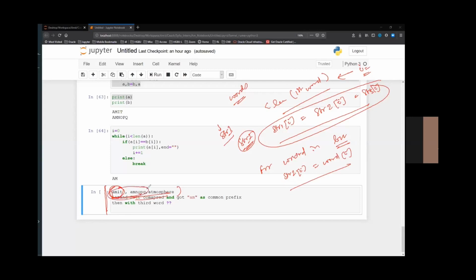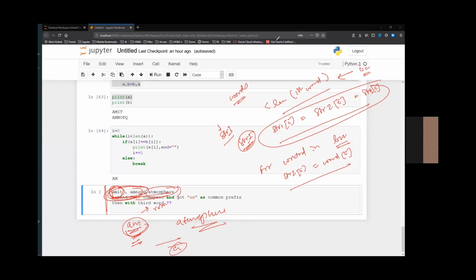There will be some common prefix, that will be AM in these two strings. That common prefix you have taken will become your resultant, and then don't compare anything else. Just compare this prefix with the next string, that is atmosphere. Now the common of these two will be A. This is also another approach.